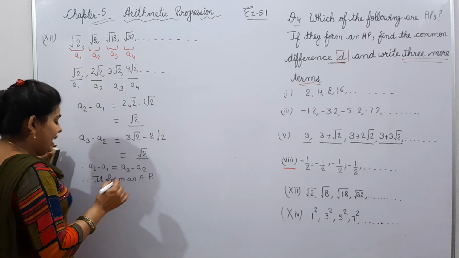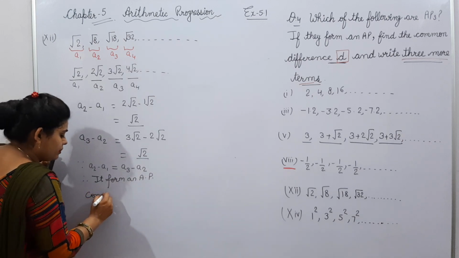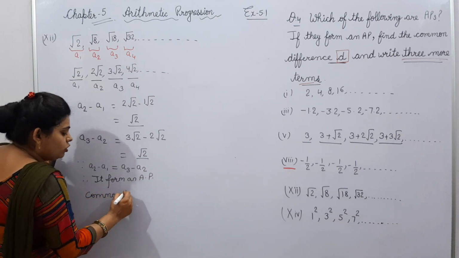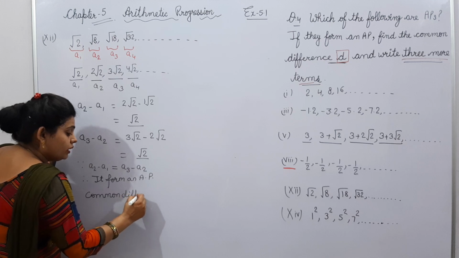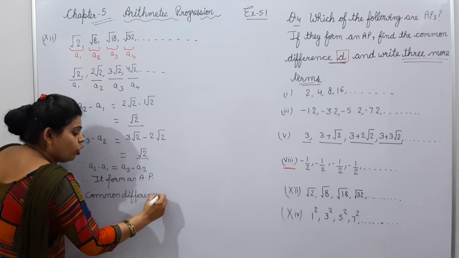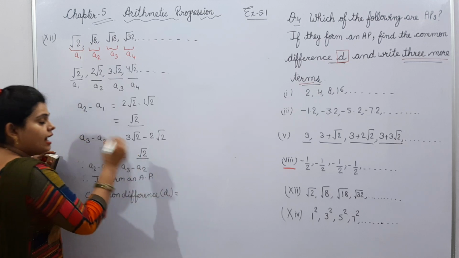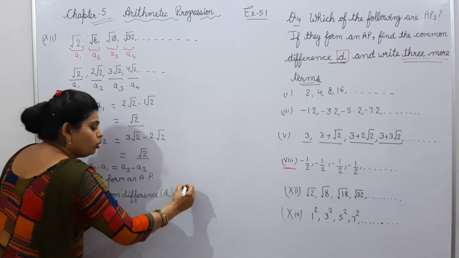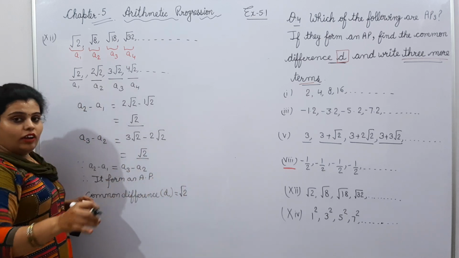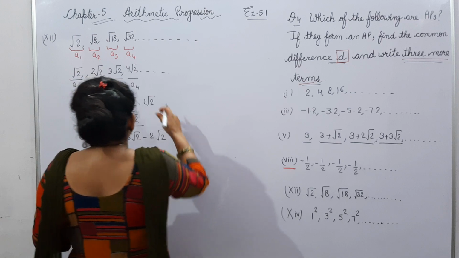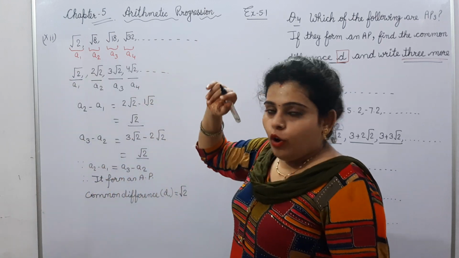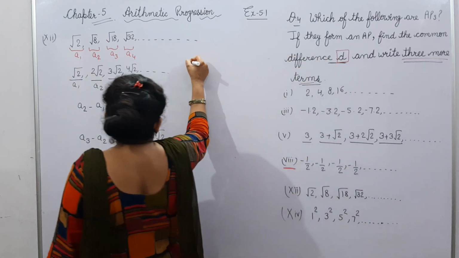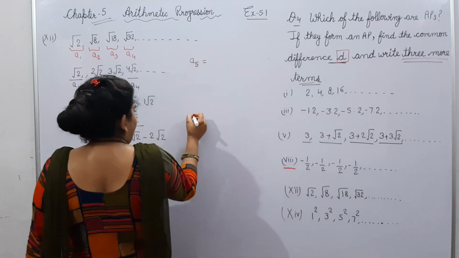Now what we have to write? Common difference. What will be the common difference, students? D. We represent common difference by D. And what is the value of D? Root 2. Now what we have to find? Next three terms. How many terms are given? 4. Now what we have to find? Again A5, A6,